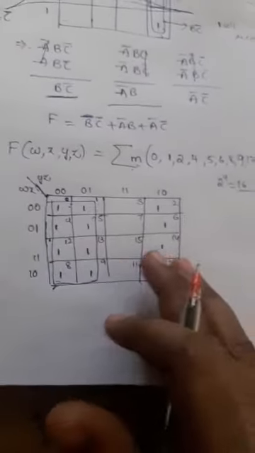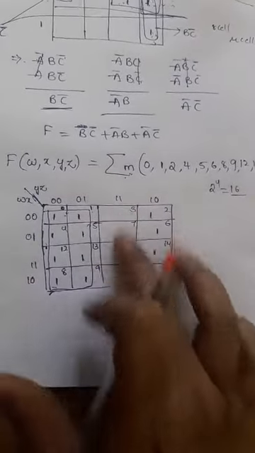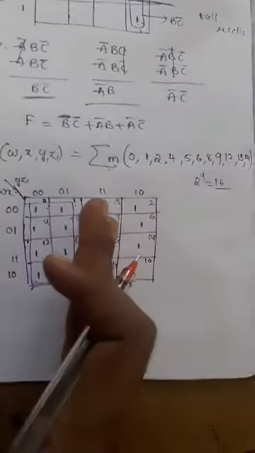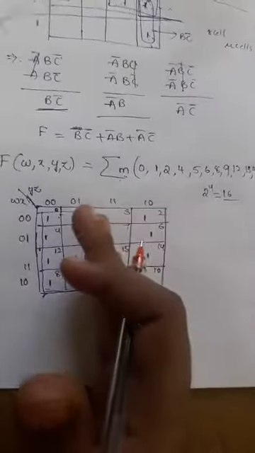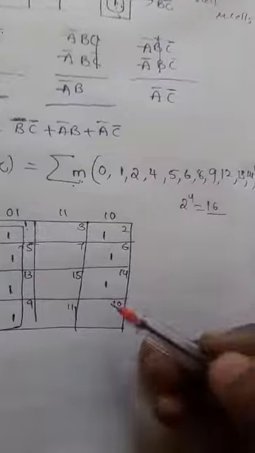So now coming to here, this possibility is completed. Beside these cells there are no ones, that's why we have only one octet. So there is no pair and there is no quad for these cells. Okay, now coming to the next possibilities, here we'll check it, three ones we are having.